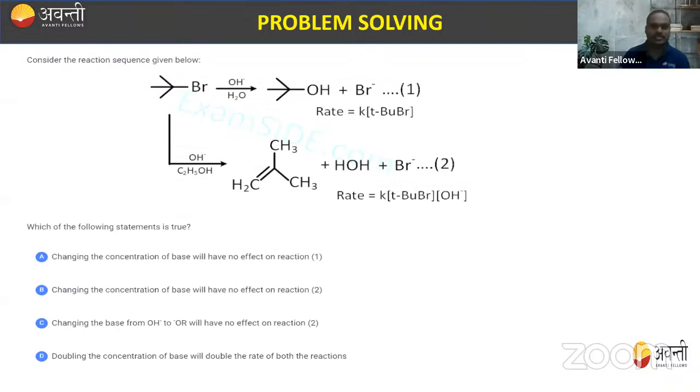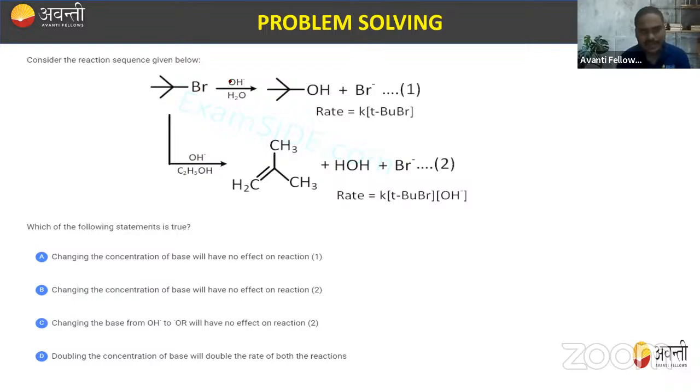Now, this is going to be a very interesting question. That is, consider the reaction sequence given below. Which of the following is true? So out of this, you have to identify. Consider the following sequence. Which of the following is true, right? कि कौन सा इसमें से true है, कौन सा इसमें से true नहीं. Okay. So here we have